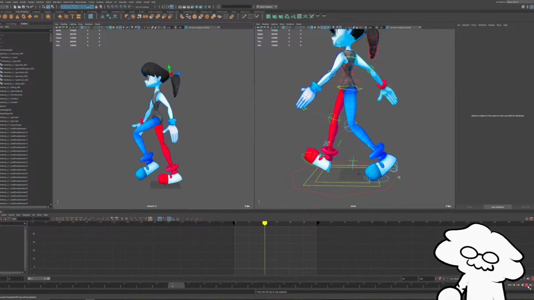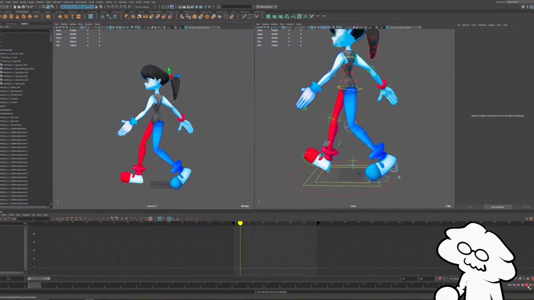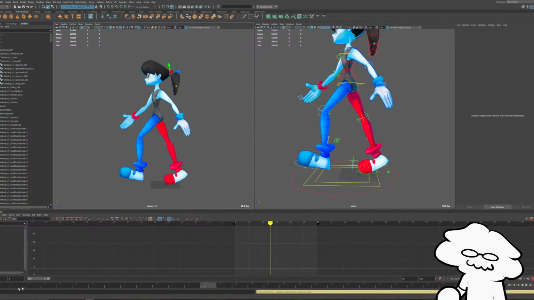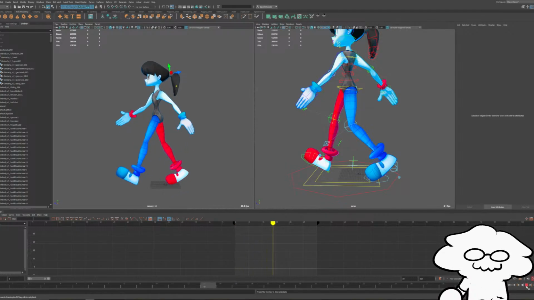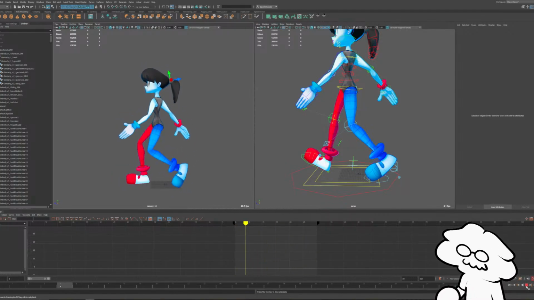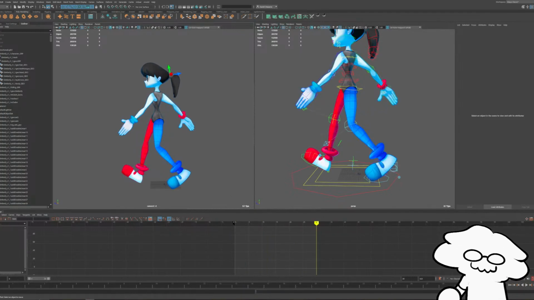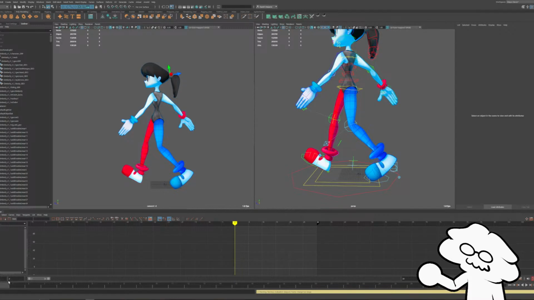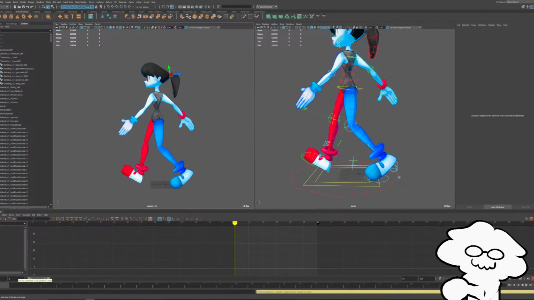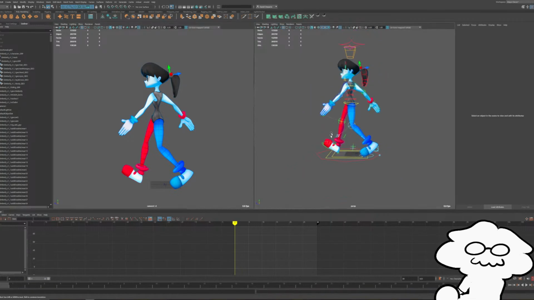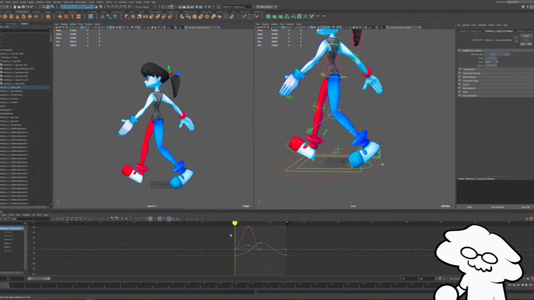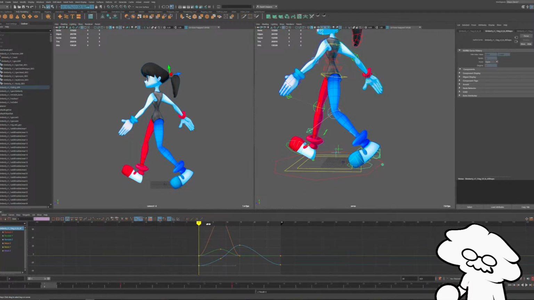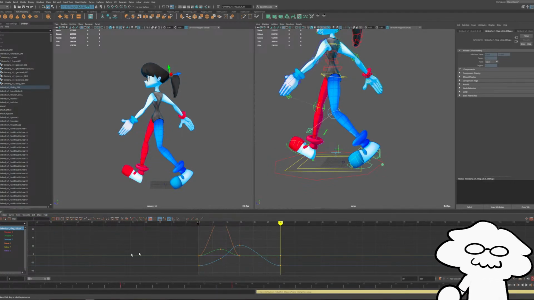Let's take another look at it. Might be a little fast. Like I said earlier, we are starting with a 1 second walk cycle, 0 to 30, but we might adjust the actual timing on everything. And it looks like I have one key. Yeah, so as is, this is why you want to make sure every now and then frame 0 and frame 30 are the same. We'll just copy that over. Right now the leg key is different on frame 0 compared to frame 30. So I'll move that over, copy it just like that. So frame 0 and frame 30 should be the same.